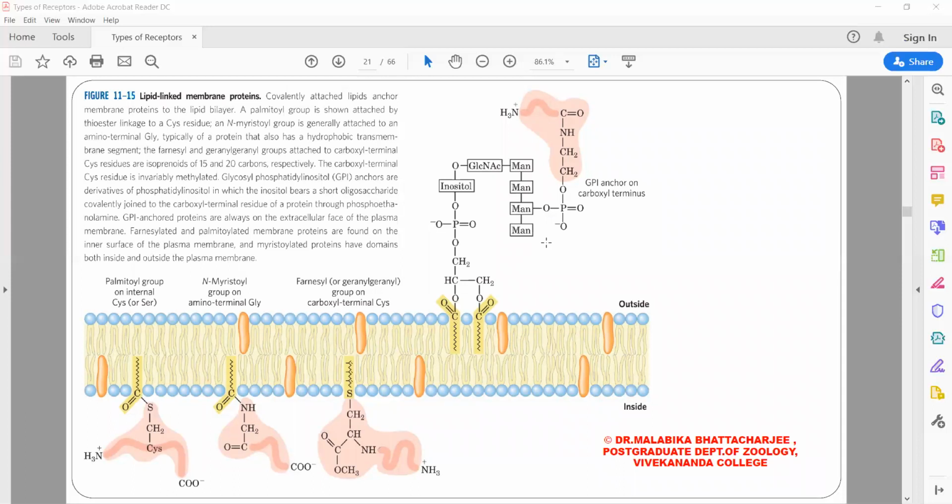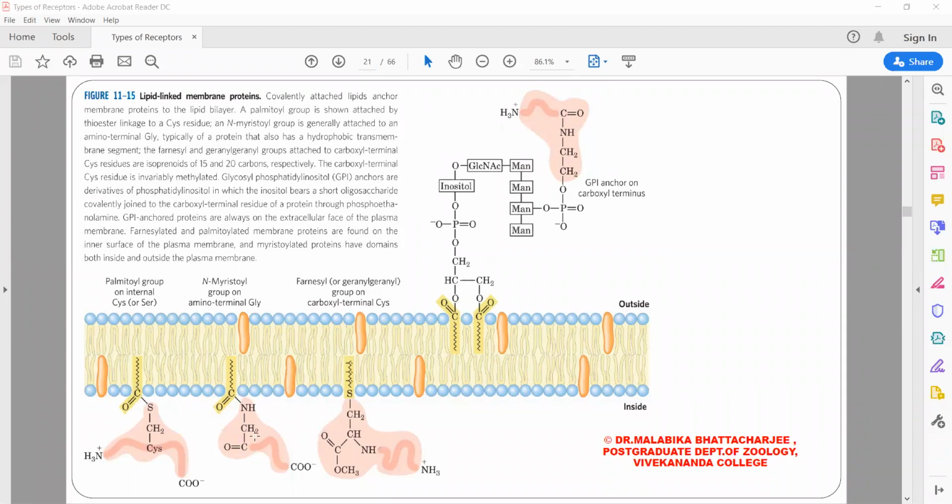As I was saying, membrane proteins can be present on the outer surface, or they can pass through the membrane. If they remain attached to the outer surface, they are known as peripheral. If they pass through the membrane, they are known as integral. But on and off, as I told you, some membrane proteins are attached to the phospholipid. The linkage can be through a variety of chemical structures. For example, if you look at the first protein of this picture, you see that the cysteine is attached to the palmitoyl group on the fatty acid.